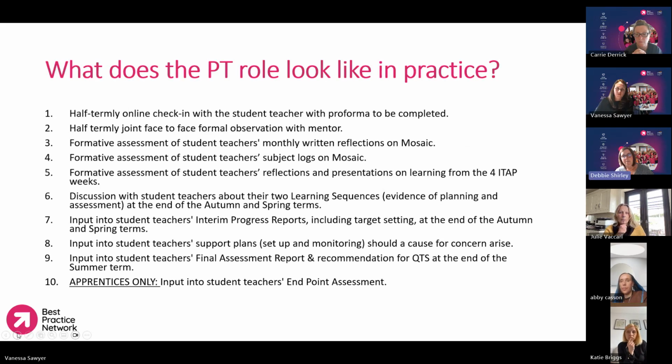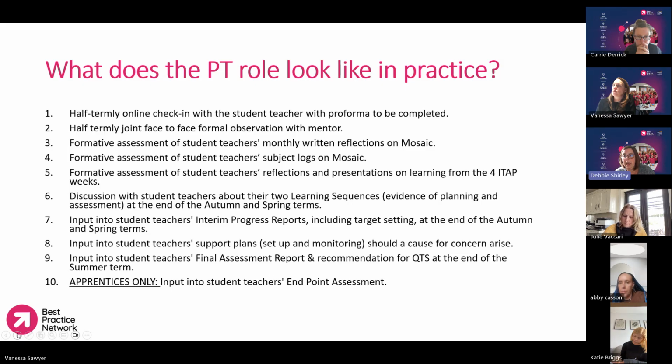So what does that look like in practice? Well, there is an online check-in with the student teacher each half term that happens on Teams, and roughly takes around 30 to 40 minutes with experience. There is a face-to-face formal observation that you'll do alongside the mentor. Formative assessments are completed. They're written reflections, and in fact they've gone to module written reflections on Mosaic. There are subject logs on Mosaic that need checking in on before a school visit, as well as student teachers' reflections